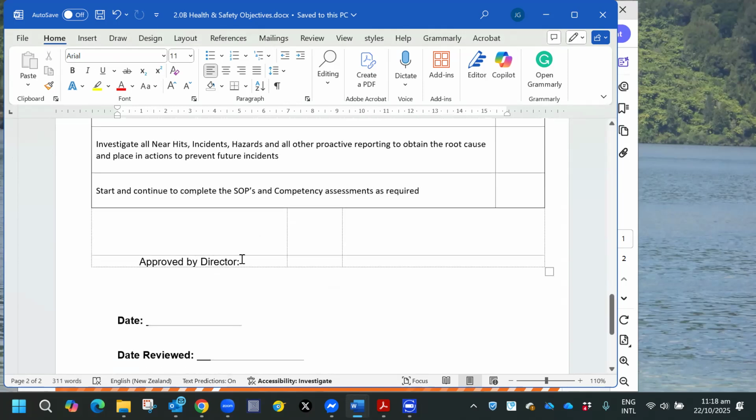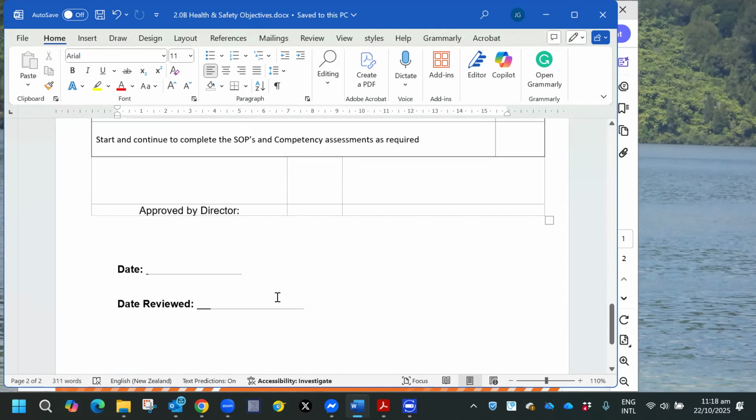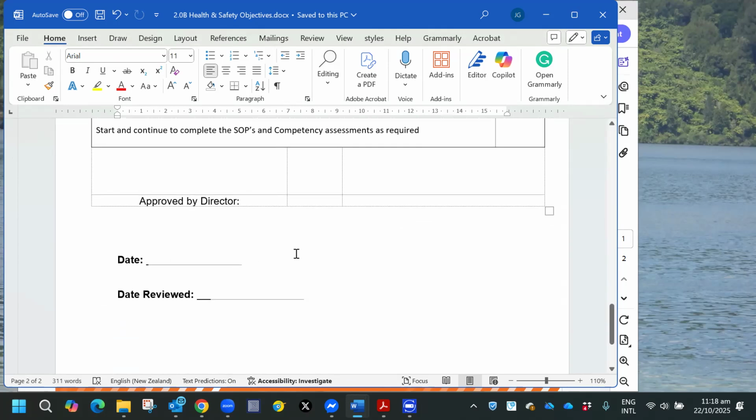Okay? To be approved by the director, you can put somebody else that needs to be approved for if you wish. You can put all the staff members' names if you wish. The date came up with the action plan and date reviewed. You can do this every time it's reviewed at a monthly toolbox meeting, or you can do it at the end of the year. I do recommend that you review at least monthly how you're going on this action plan,